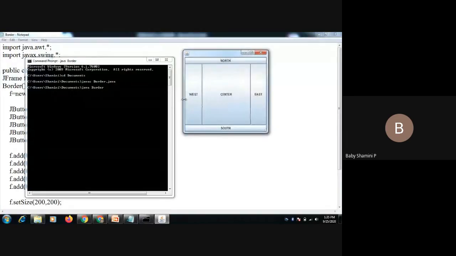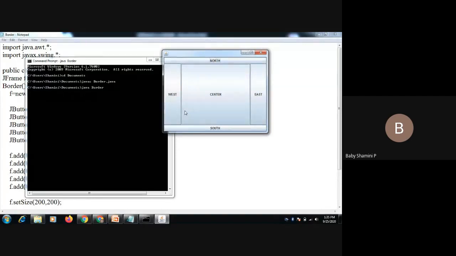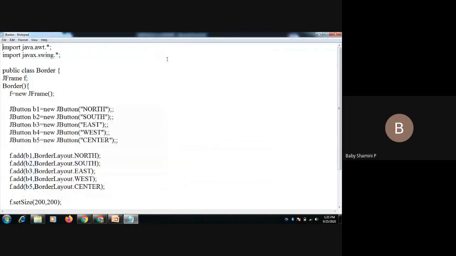I am creating 5 different regions: north, west, center, east, south. Each button is allocated in its particular region, that is north, south, east, west and center. We can allocate components into a certain region using the method add. So with f.add, you have to use the object name and the method add, and we can add the components into the particular region. So this is the first type, the Border class.